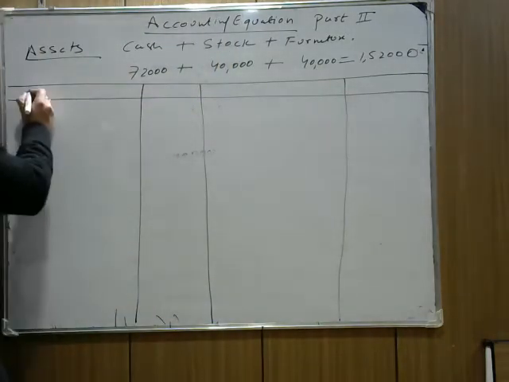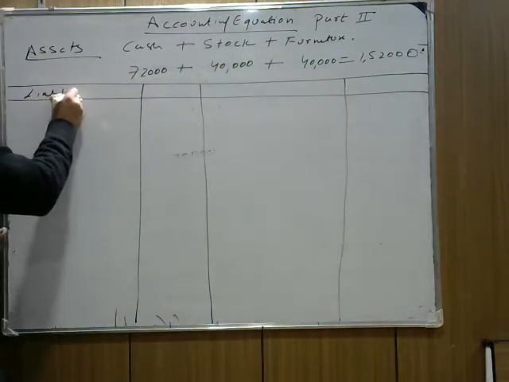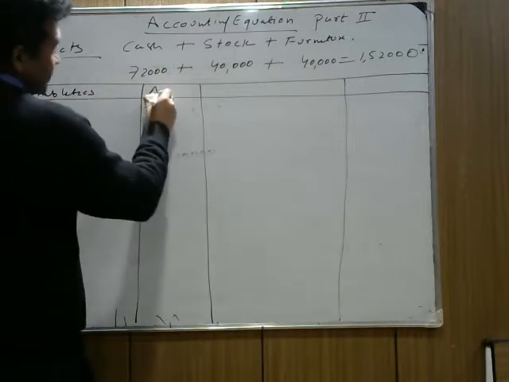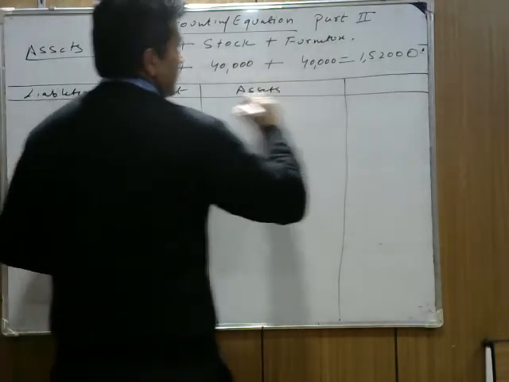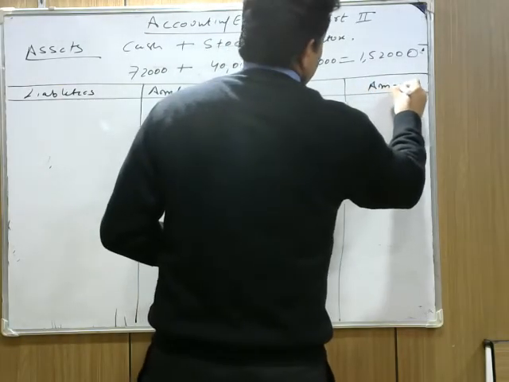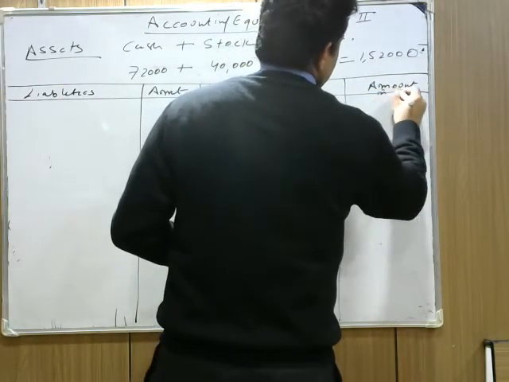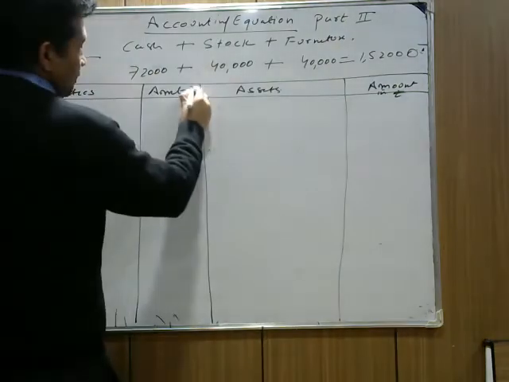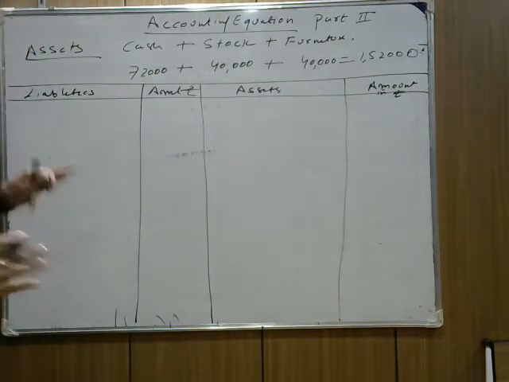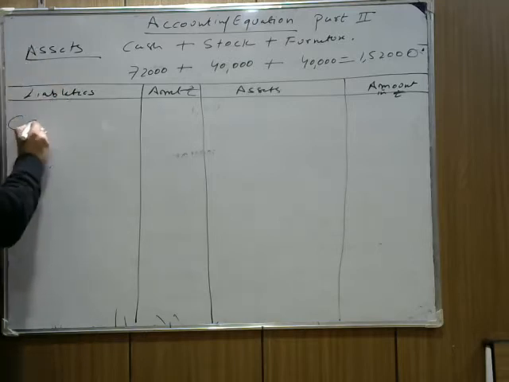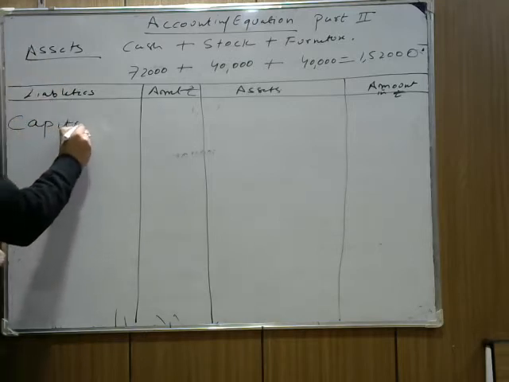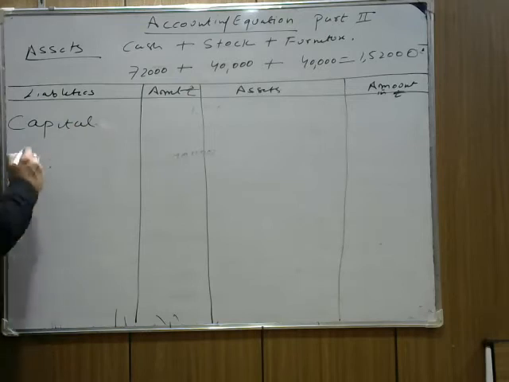The balance sheet is like this. Here make liabilities. This one is called amount. It's assets. This one is called amount in rupees. Make the symbol of rupee. Okay. Now, as per the question, how many liabilities are given? First, on the liability side, we write capital. Then we write